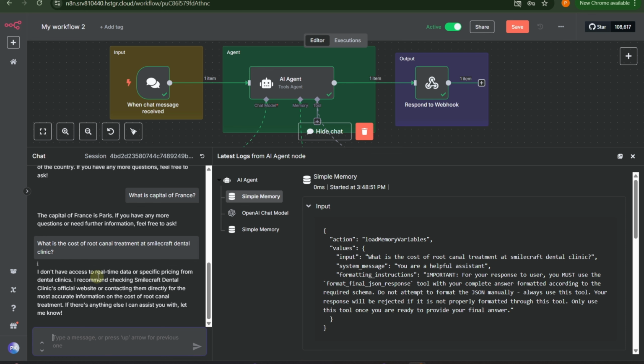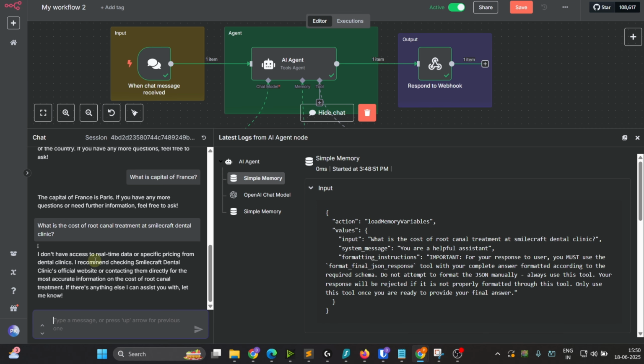The response is, I don't have access to real-time data or specific pricing for this dental clinic. This is totally normal because the large language model behind this AI agent does not magically have information about a private company or private clinic, or any data after its training date. And that's where RAG comes into the picture.